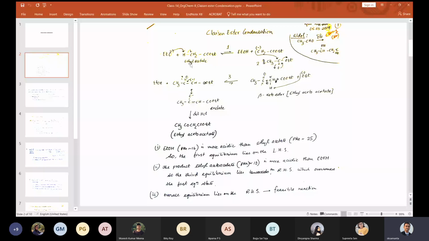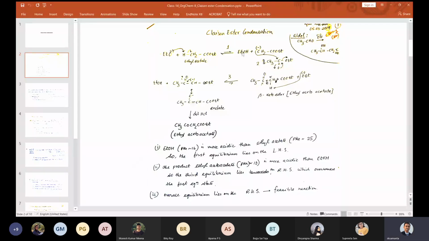Generally, the base you take for this reaction is the one given for the formation of the ester. For example, this is an ethyl ester, right? Ethyl acetate means the ethyl ester of acetic acid. That is how it's given, ethyl acetate. Because you take the ethyl ester, you generally take ethoxide as the base. If it is a methyl ester, you take methoxide. If you take ethoxide, EtO minus, definitely EtO minus is a very strong base. It takes up this proton because this proton is acidic in nature.